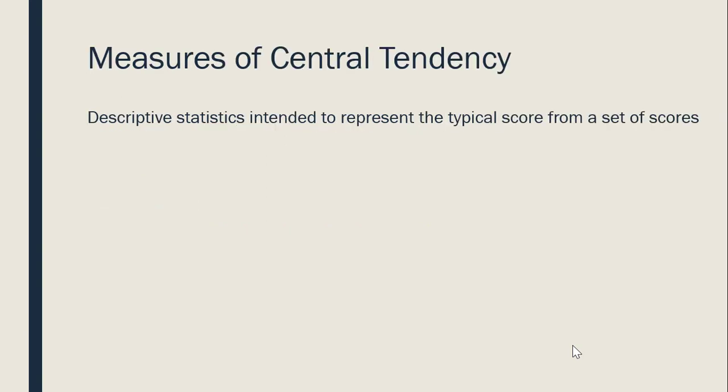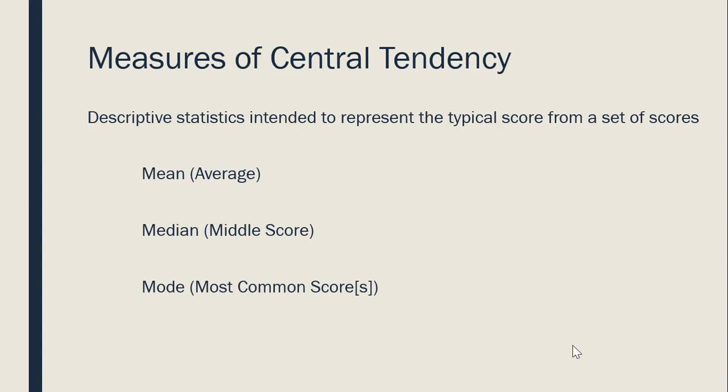Measures of central tendency provide information about the average or typical score from a set of scores. The three most commonly discussed measures of central tendency are the mean, the median, and mode. The mean is the most used measure of central tendency in traditional statistics, and we will discuss it more in the next slide. The median is the middle score if you sort or organize the scores from smallest to largest,